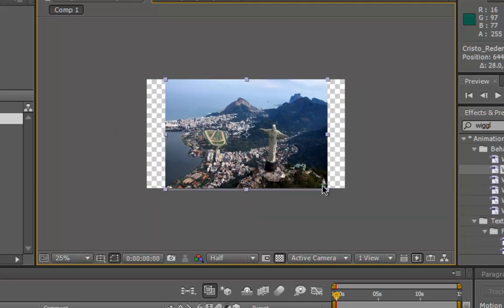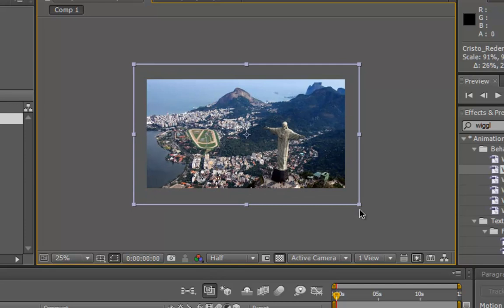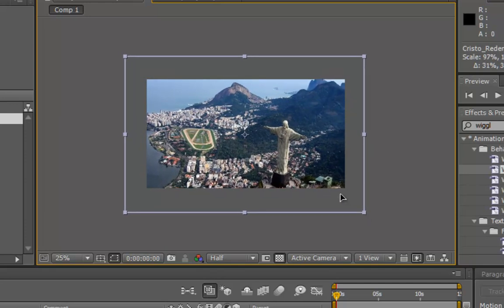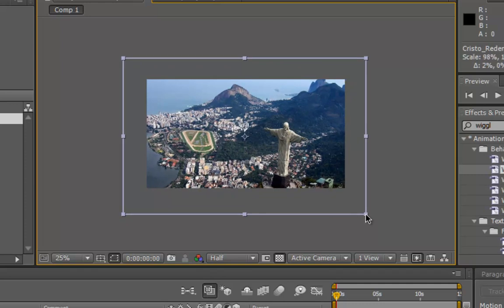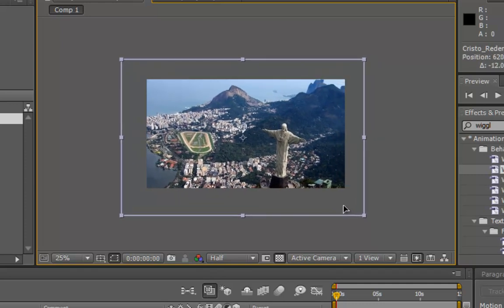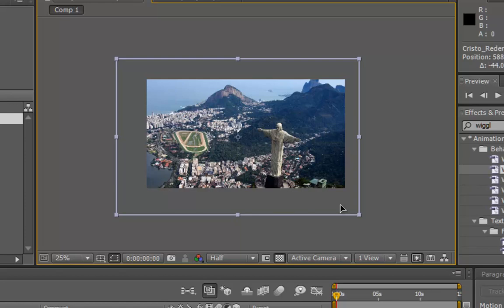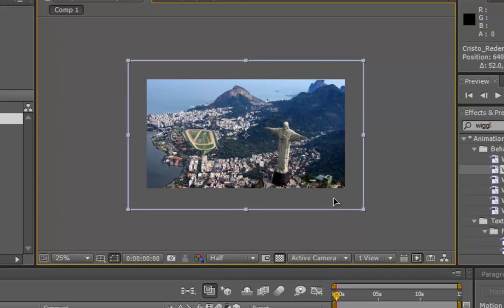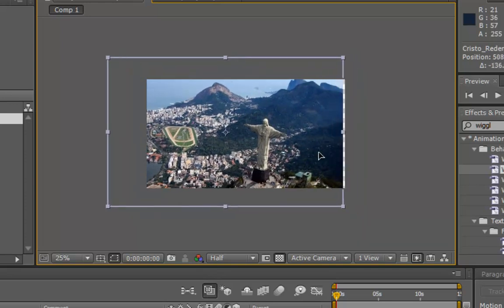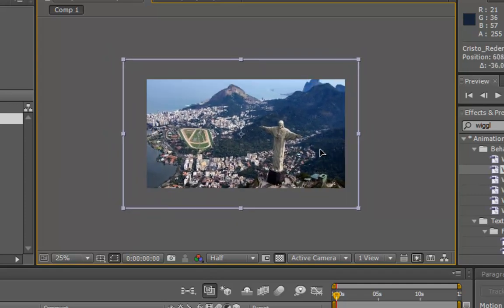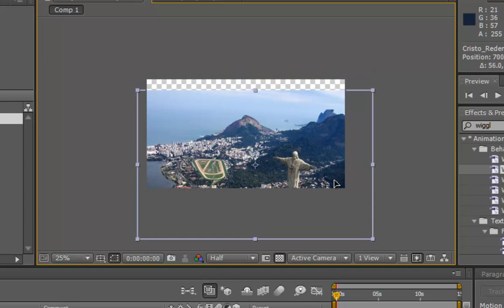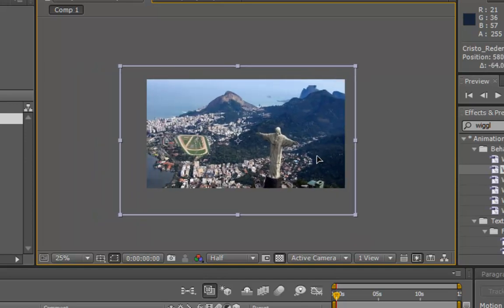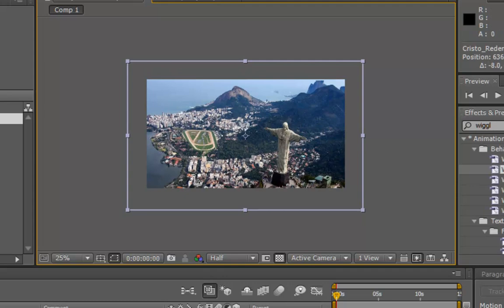So for this effect you're gonna have to make it a little bigger, bigger than our composition window. Okay, like this. So we're gonna have these edges for the wiggle, so when our footage gets the effect, we're not gonna get this thing right here or like this. Okay, so